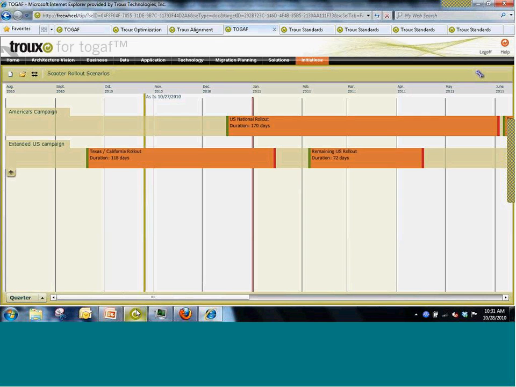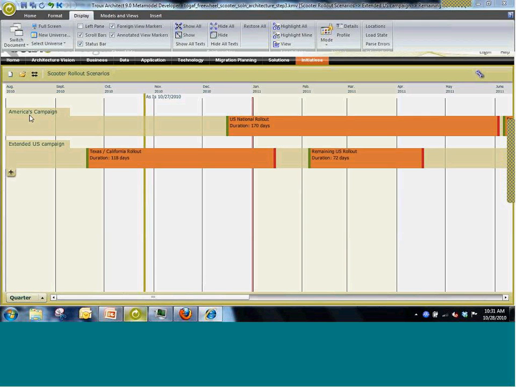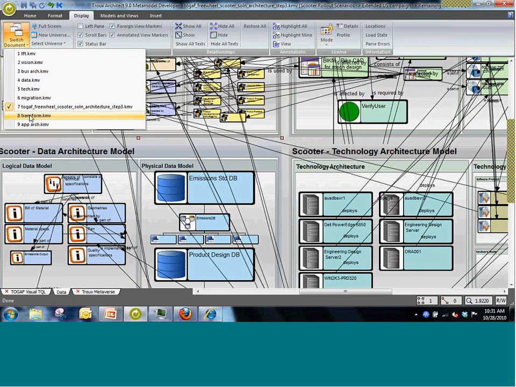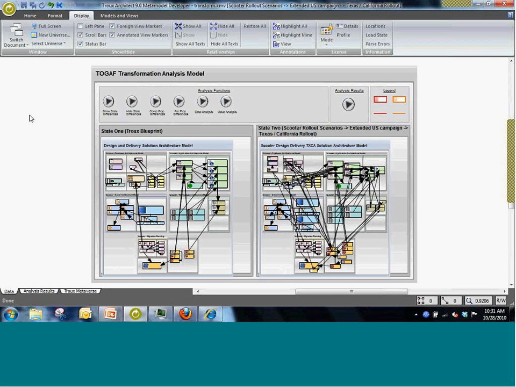On to transformational planning, the transformational analysis template. We provide side-by-side analysis of the current state architecture shown on the left, and alternative future state architecture shown on the right in a side-by-side view. And we have the ability to analyze state differences and see changes in cost and value and risk. For example, if I pick the button to show state differences, automatically all changes that go on in the future state get highlighted. Having two side-by-side and future state analysis is key to planning and communicating migration plans.